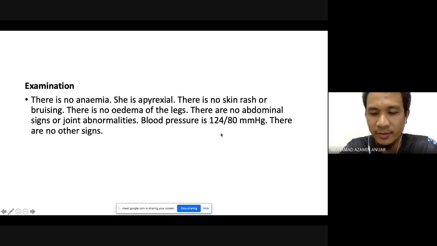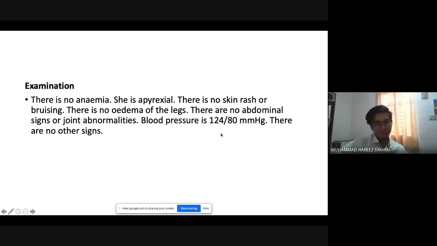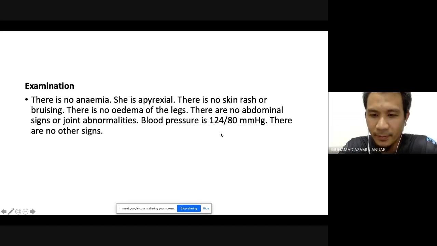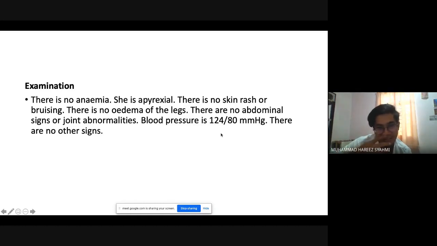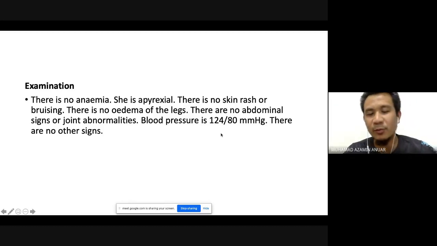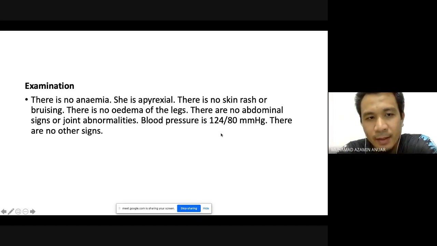What can you make up from these physical findings? Normal, not anything significant. Okay. What about the BP? For the child we need to look at the BP chart, BP centile. Okay, so at the moment you don't know whether the BP is normal or not, so you need to know the height and weight and then plot on the BP charts. But in general, this examination is normal, so no significant findings at all.